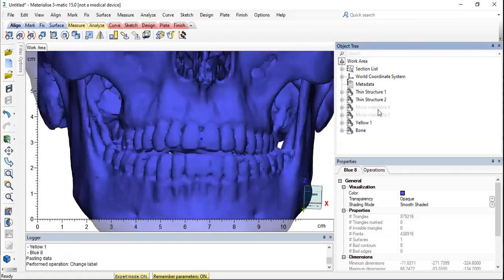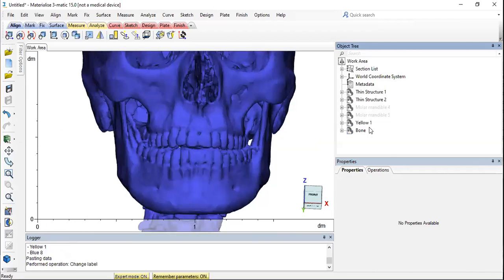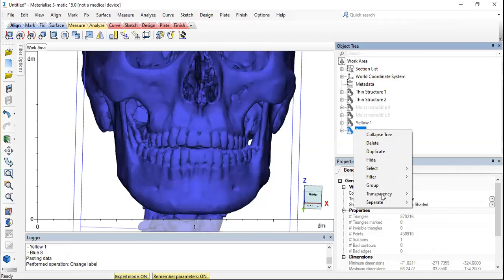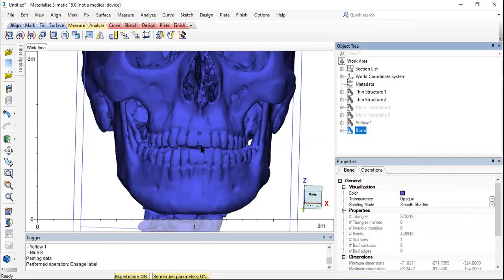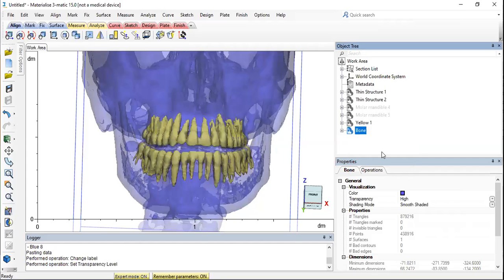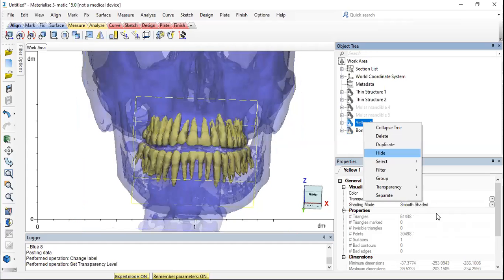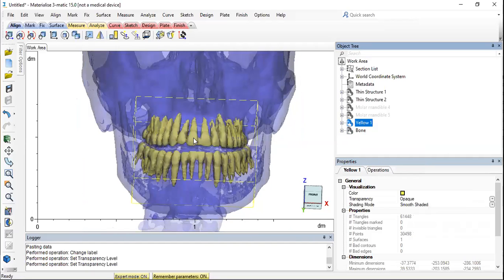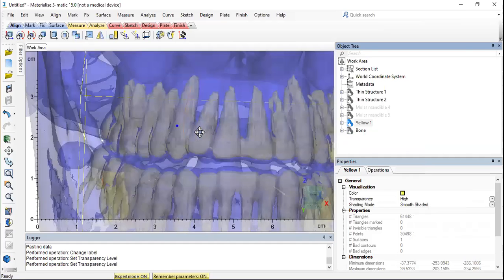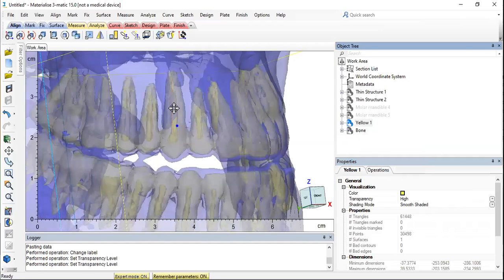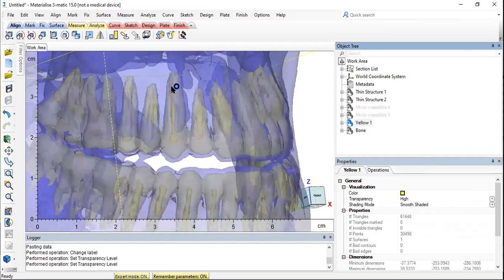Since we were able to trace the anterior better, I will just show you for anterior. First, we're going to make the bone transparent, right? And when we do that, we can see the tooth components. And when I make the tooth components transparent, I can see the canal that I had traced, right? It's visible here. You can see the slight orange part.